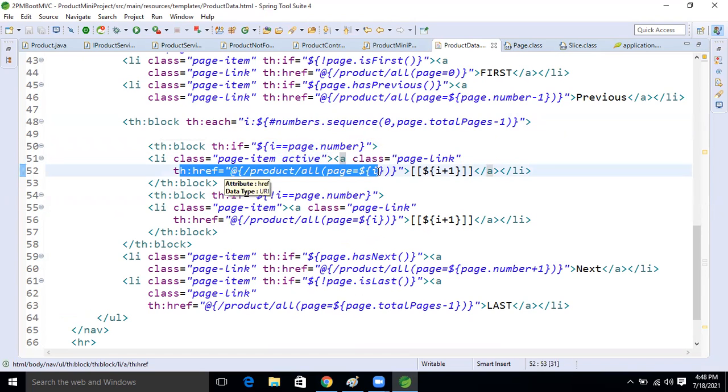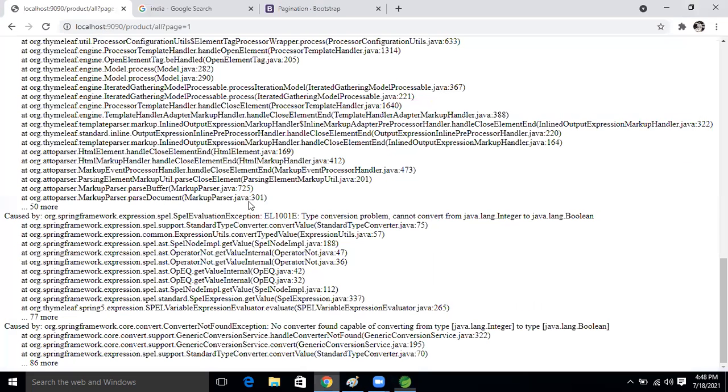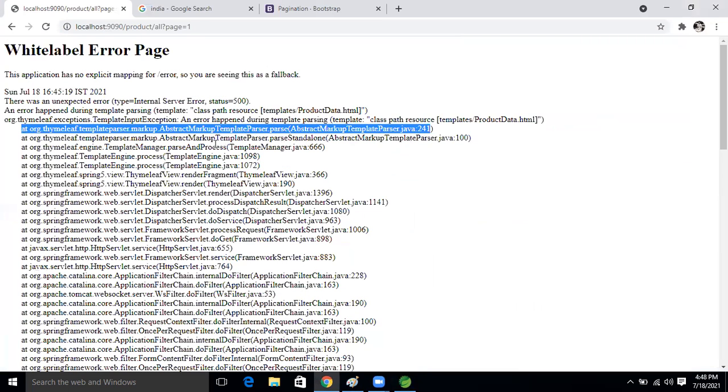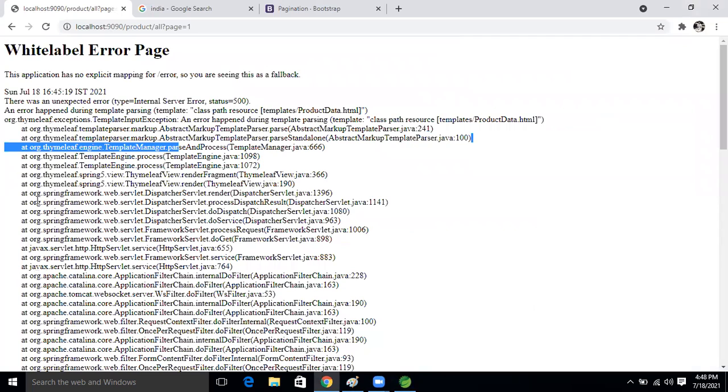Maybe it is showing caused by. In the page error, it is showing caused by. In our application, some syntax is wrong. That is the problem in Thymeleaf development. The template product data.html, right? This one is giving the location here.